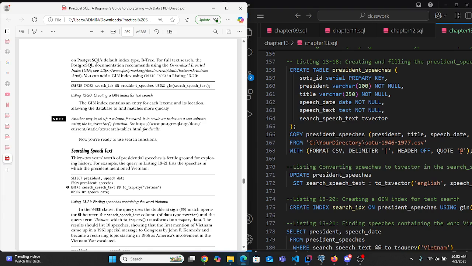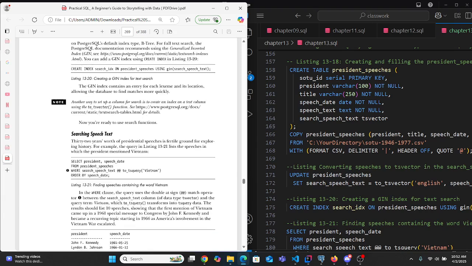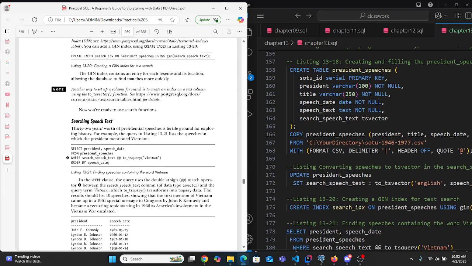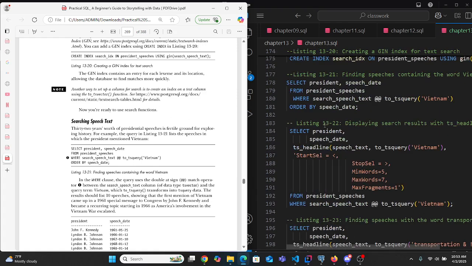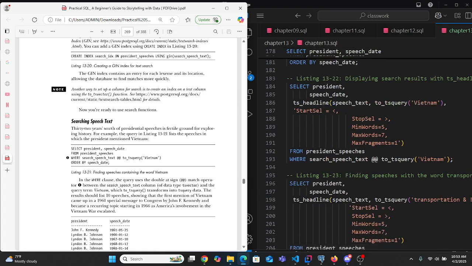We are creating a GIN index for text search. So we create index search_idx on president_speeches using GIN (search_speech_text), and then it contains an entry for each lexeme and its location, allowing the database to find matches more quickly when we are searching. And then we move to